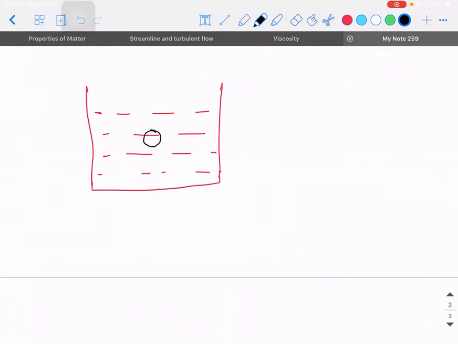Okay. Suppose a sphere is falling down. What are all the forces that are going to act on this? One will be its own weight, that is mg. Then what else will act? There will be an upthrust, that is the buoyant force that is acting through the center of gravity of it. And thirdly, there will be a viscous force that is acting tangential to it. I'll write it as Fv, where Fv stands for viscous force.